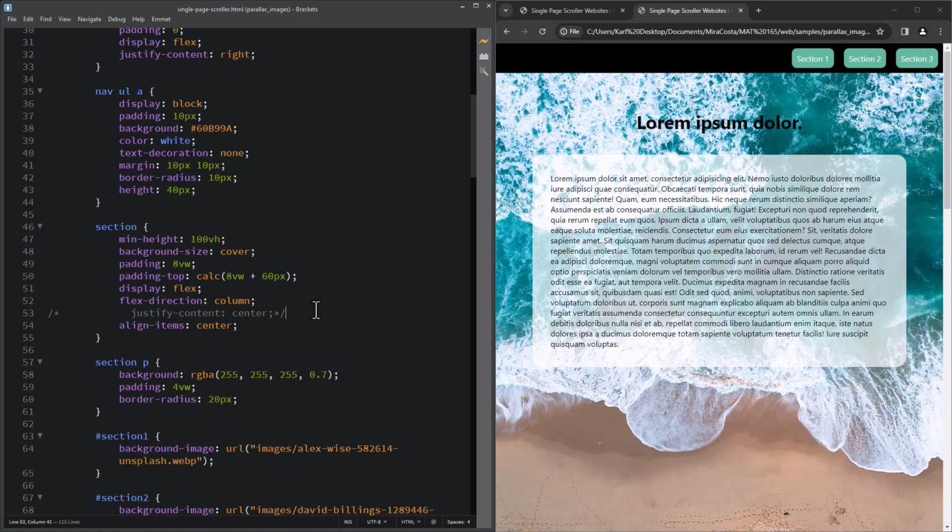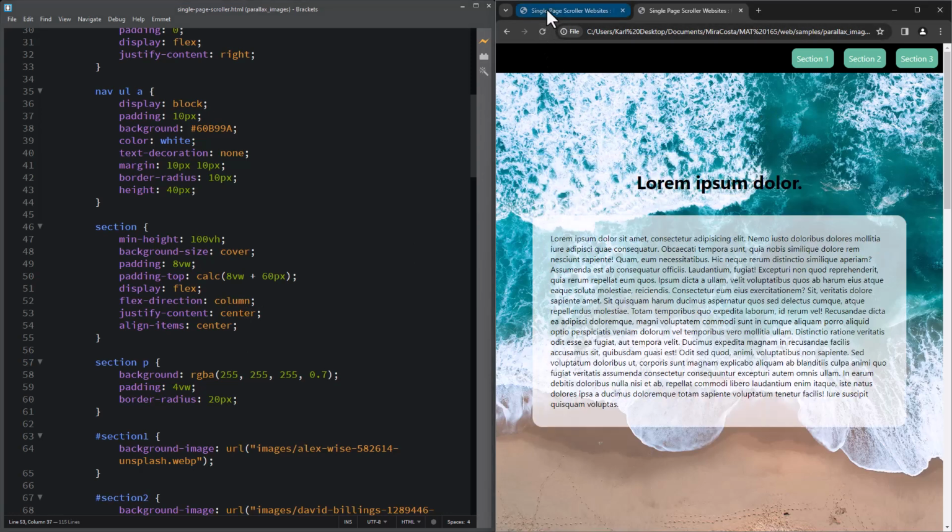I still want my content to be centered, so I'm going to justify that into the center, which with our column alignment here will function to center that content. So once I refresh, we'll see that that's back in the center. Okay, so